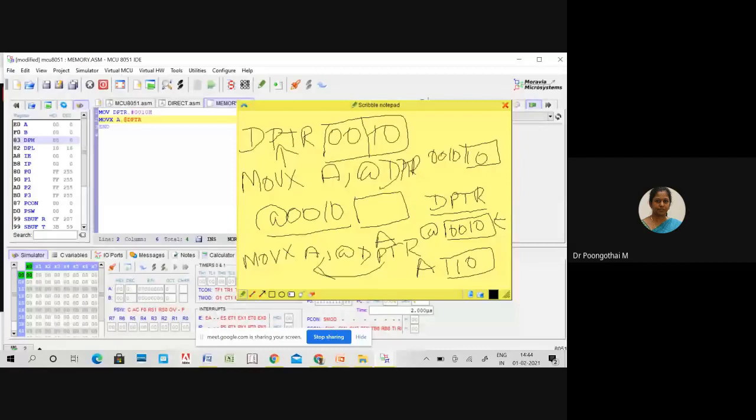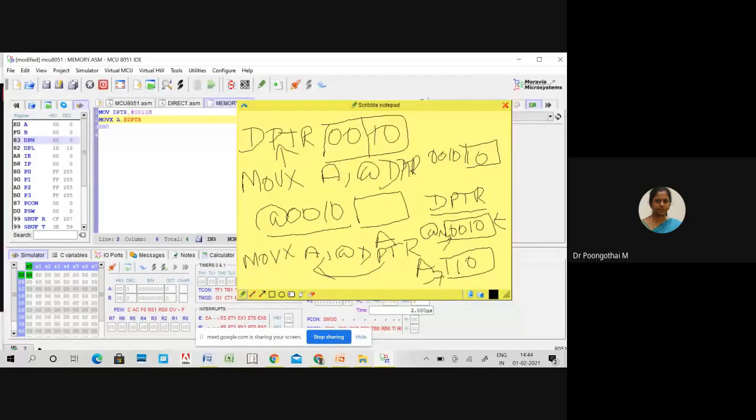So this instruction only works with accumulator alone. The instruction syntax is MOVX A, @DPTR. Move the content of external memory whose address is in DPTR to accumulator. That is the operation of this instruction. It will read the data byte pointed by DPTR and store it in accumulator.